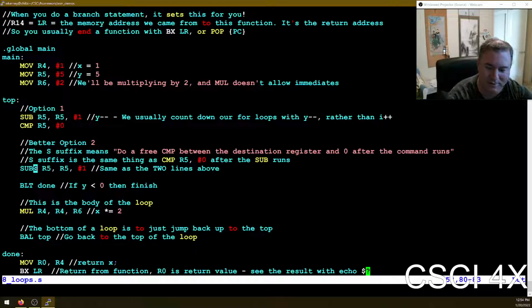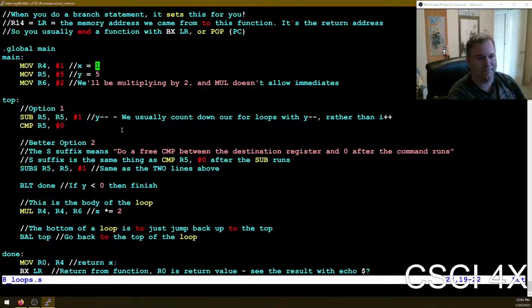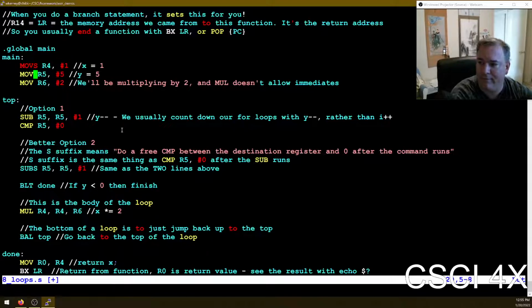You can put an s suffix on anything. You can do a move and set. You can do moves. There's nothing to do with subtraction in particular that goes with the s. S goes with anything. You can do a move and set if you want. That's perfectly fine. And then it'll compare R4 with 0, and if you did this and you did a branch